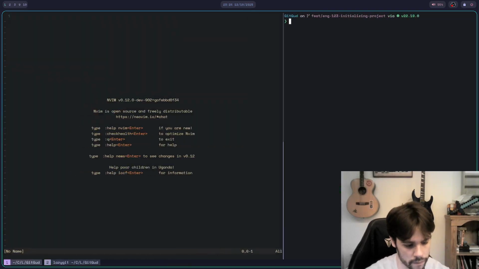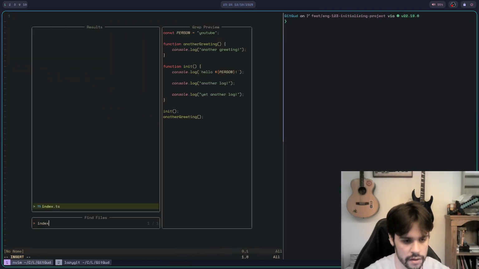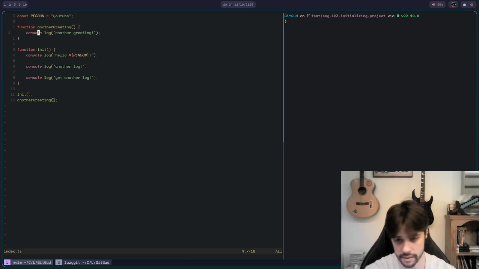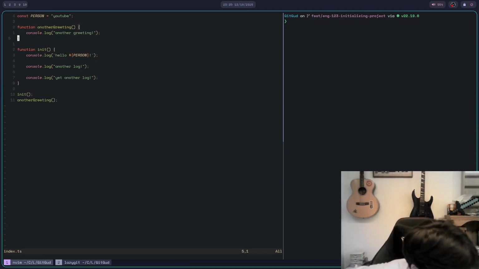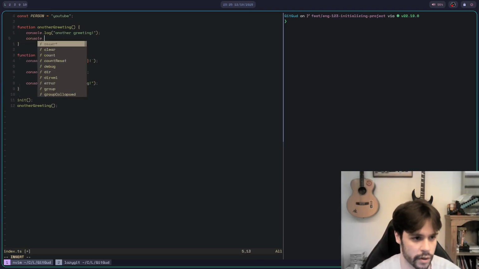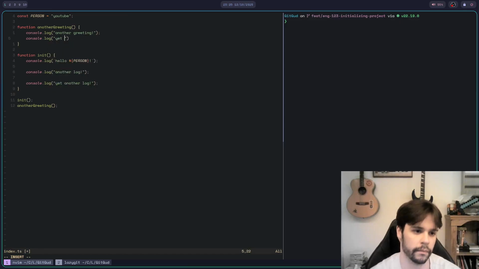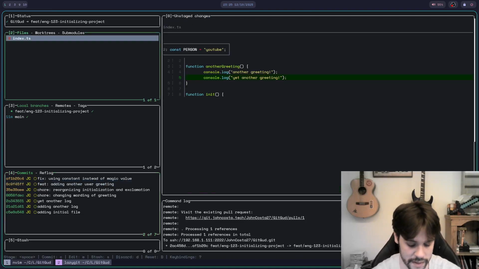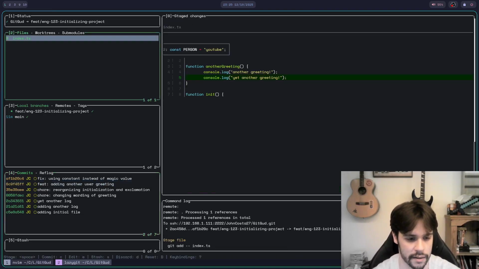When I'm writing code, I treat commits as folders, which is a very important concept. Let's say that I wrote this and I changed that and I thought, oh, actually, that was bad. I needed to add something more here. Yet another greeting to this function. I'm going to go to lazygit. I see the files. I'm going to add, I'm going to commit, and I'm going to say,